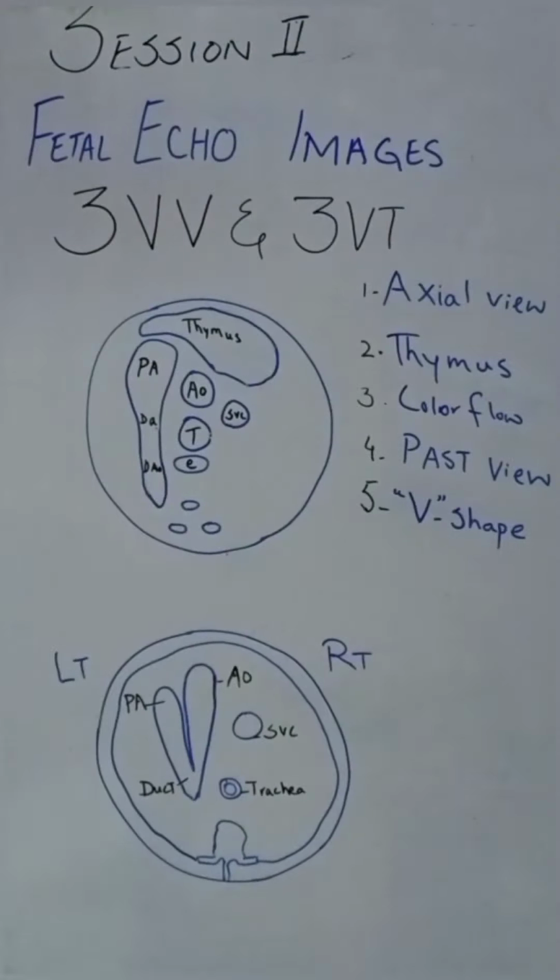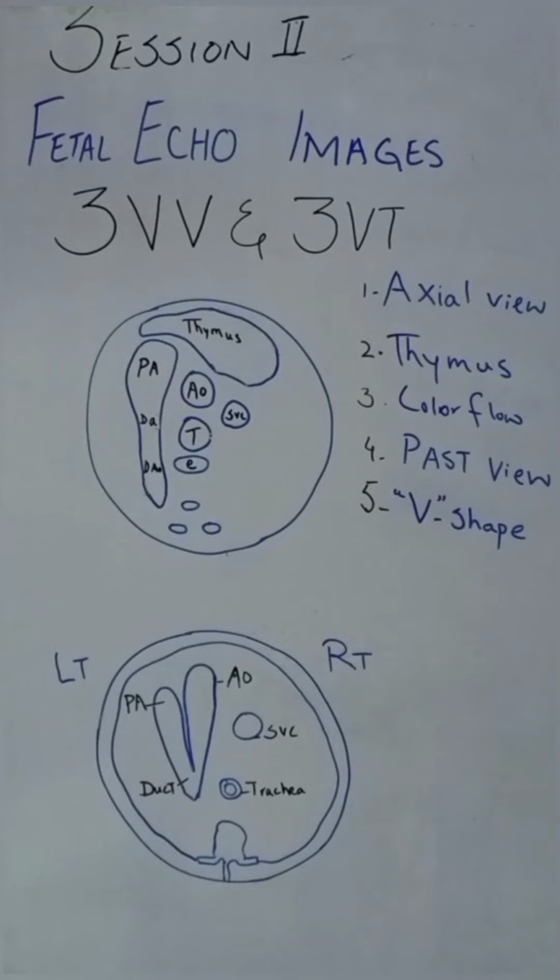We can make the triple vessel view and triple vessel tracheal view from the 4 chamber view by moving the probe with a translatory shift and reaching the supramediastinum. The thymus is there to separate the great arteries from the sternum. The color should be the same in both great arteries, which is a normal pattern, and the V figure, which is shown in the